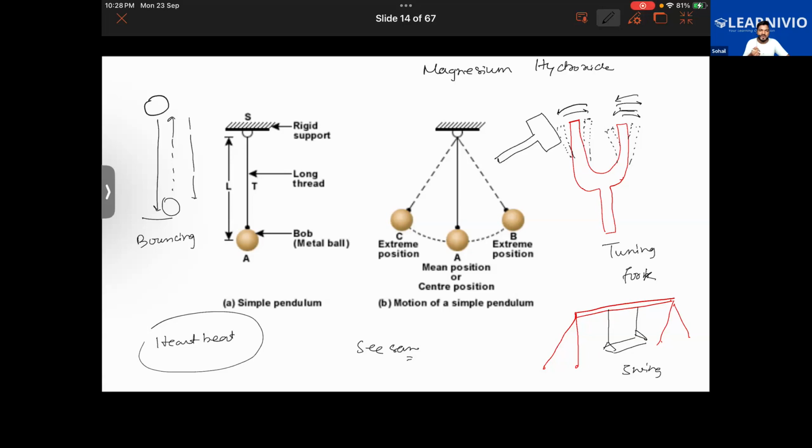Periodic motion. Earth completes its rotation in how many hours? Hello. How much time does the Earth take to do its rotation? Guys, this is such a basic question. How much time does the Earth take to complete rotation? About 24 hours, no? To be specific, 23 hours, 56 minutes and 4 seconds.